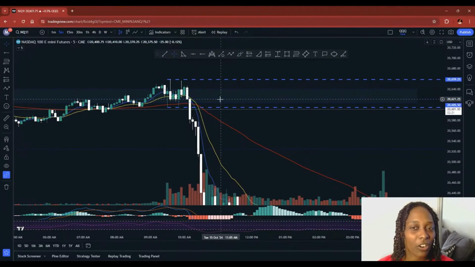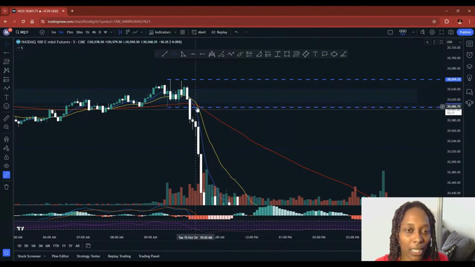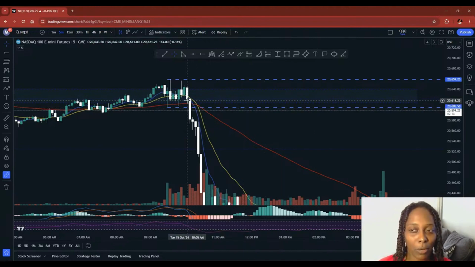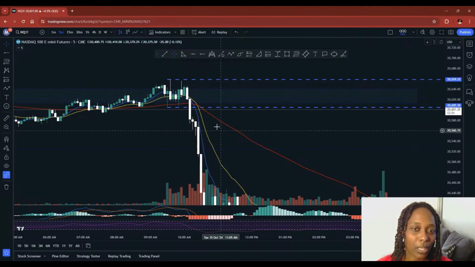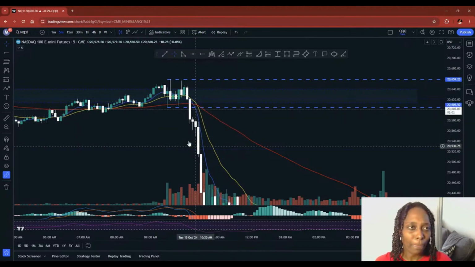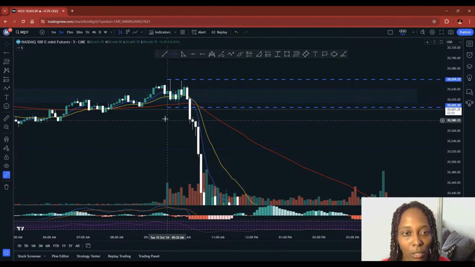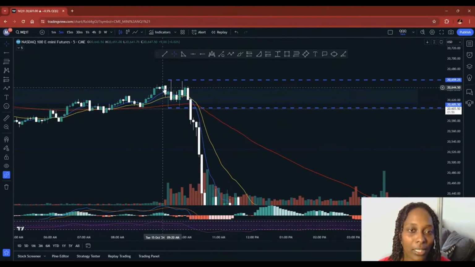We could have stayed here all day. We could have literally ranged all day. Those are the boring days. But one thing about the market that you will realize is that we're either going up, down, or sideways. So if we're going sideways, we're just going to go sideways until we break to the upside or break to the downside. You just have to be patient enough to catch those trades. But I didn't want to make this video too long-winded. That is how I passed my combine in 2 days, taking trades